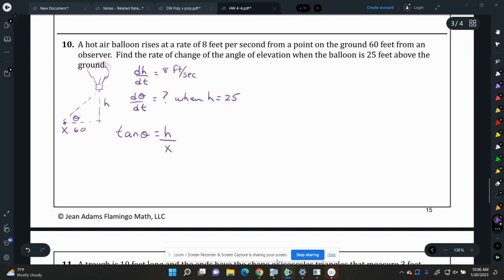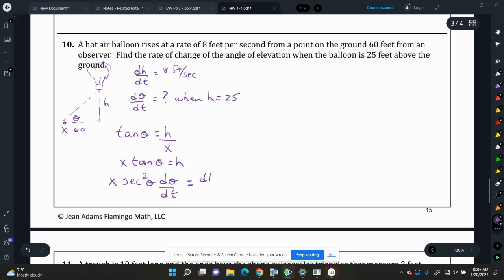Okay. So again, I like the product rule better than the quotient rule. So x tangent theta equals h. Okay, and then let's see if we can differentiate that. So the first times the derivative of the second, which is secant squared theta d theta/dt